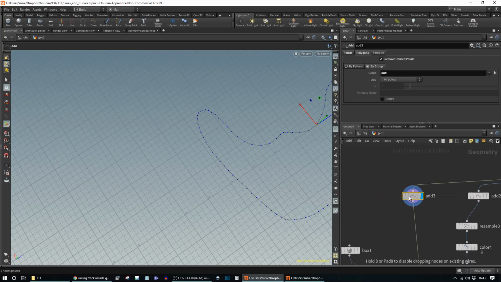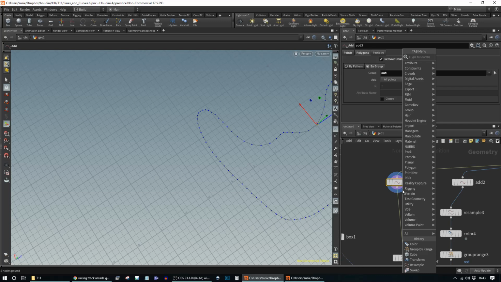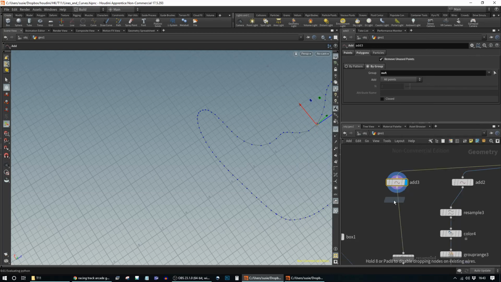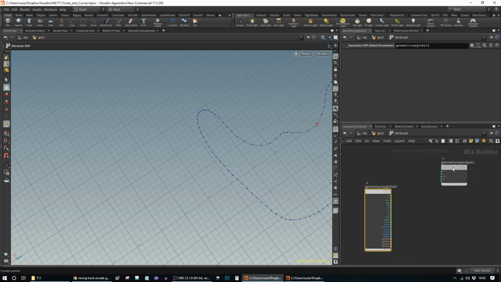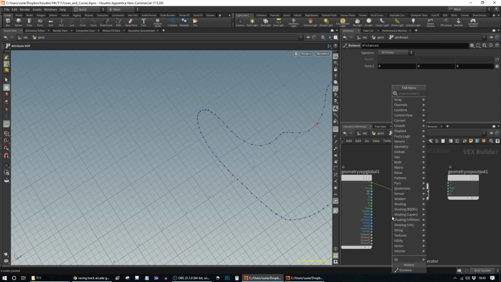If we write a little VEX node, so VOP node. So if we create an attribute VOP, what we want to do here is take the position at each point and measure the distance to the next point, which is fairly straightforward in an attribute VOP. So if we take a look in here, P is our point position. We use distance to measure the distance between that point and another point. And for the second point, we want to bring in